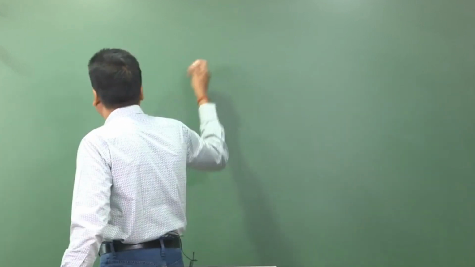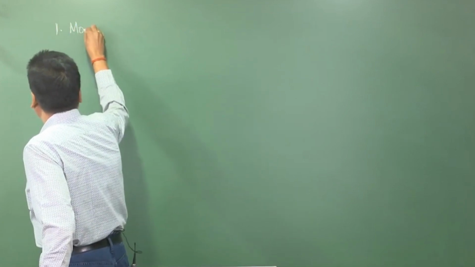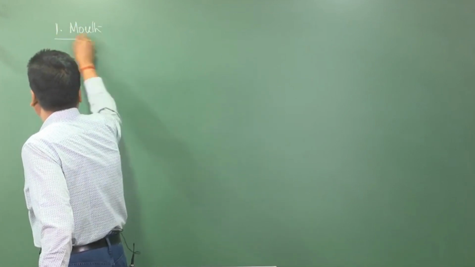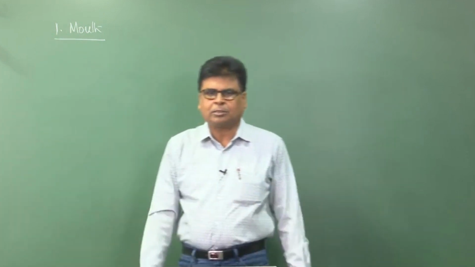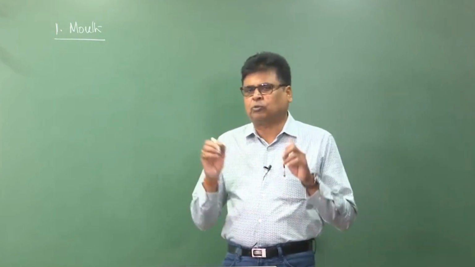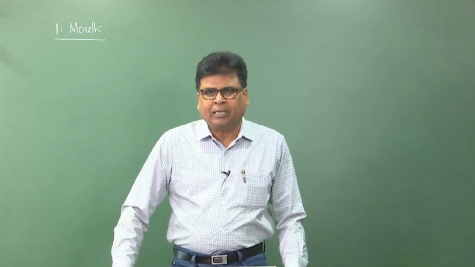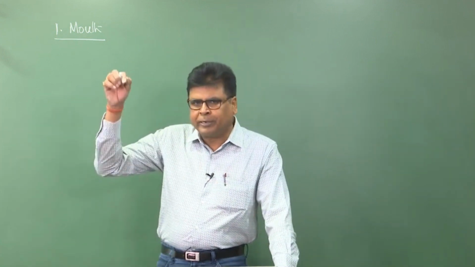In my previous session I told you that the alimentary canal starts with the mouth. The first part of the alimentary canal is the mouth. So, now we shall discuss in detail the mouth in different vertebrates. What is mouth? Mouth is the opening through which we take food material. So, mouth is the opening of the alimentary canal through which food material enters,